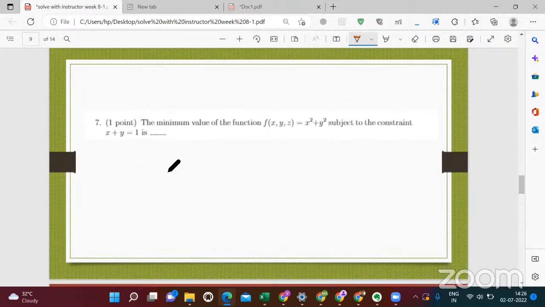So for this equation, find the minimum value of the function. This z won't be there, or you can say 0 into z square, subject to a constraint. So you have to solve an optimization problem with equality. The constraint you're having is in the form of equality. Okay, so how will you solve this? First solve and tell me the answer. First tell me which procedure you'll go through.